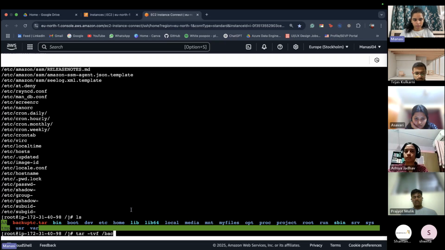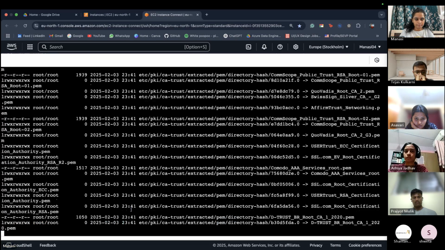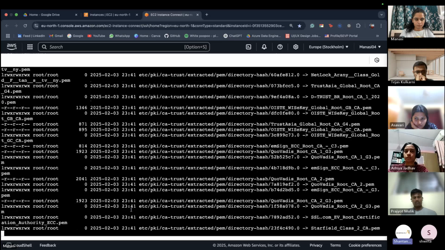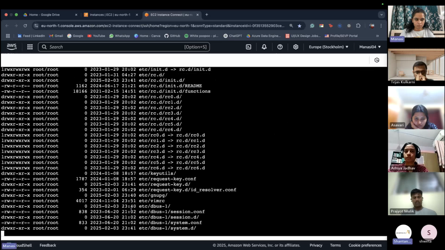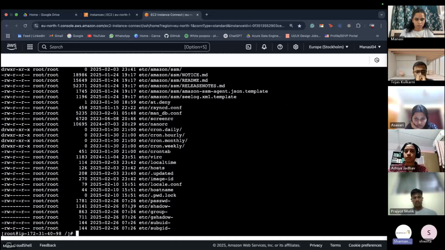Now execute it. Okay. It is showing me all the details of the files included in the tar file. So it is showing me all the permissions, who is the owner, who is the group owner, what is the size of that file. Basically everything that we get using ll command or ls -n.